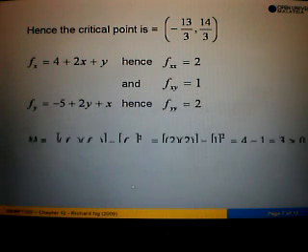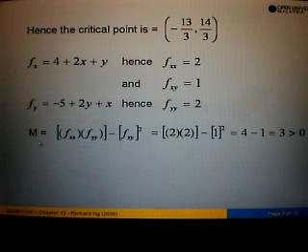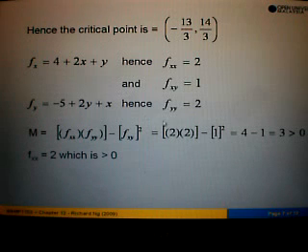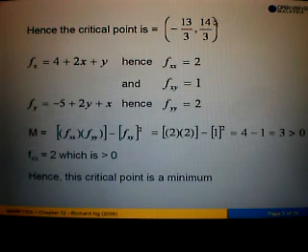From here we substitute into the formula M: fxx is 2, fyy is 2, minus fxy, which is 1 squared. So 2 times 2 gives us 4, 1 squared is 1, so 4 minus 1 equals 3. 3 is greater than 0. Therefore we proceed to the next step to find the value of fxx, which is 2. And since 2 is also positive, therefore we say the critical point is